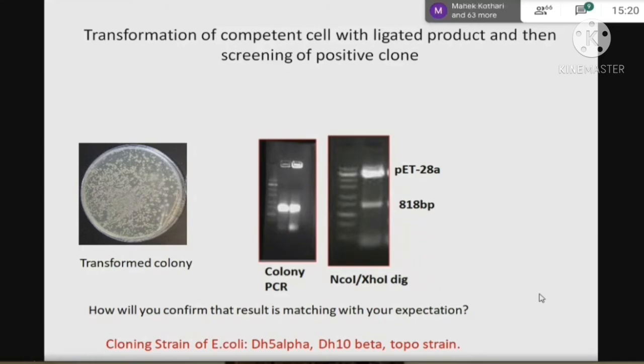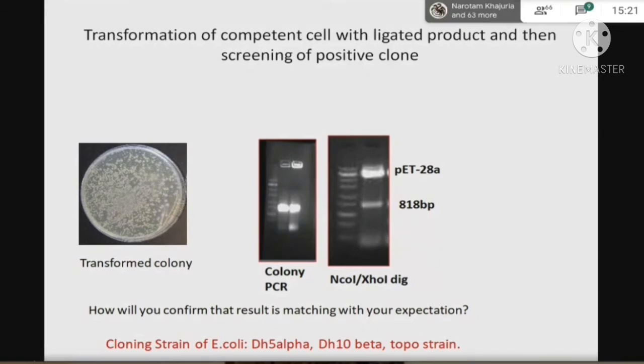That's why scientists use a genetically engineered strain which can easily take up foreign DNA. How will it easily take it up? There is an absence of the restriction modification system. There are many genes responsible for that rejection and cleavage, so scientists mutate some of those genes so that the E. coli strain can easily take foreign DNA, that is, our DNA.